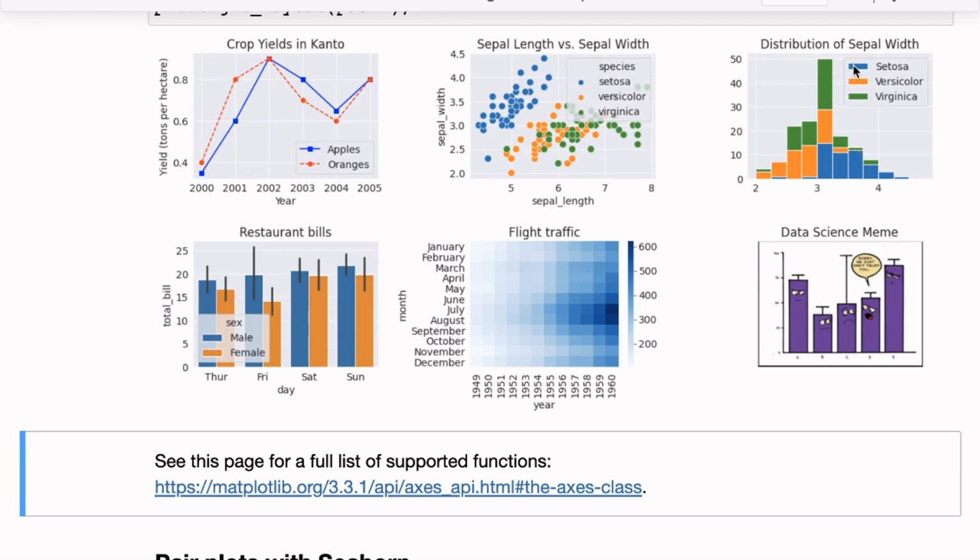And we saw that we can stack histograms for multiple species. So we did a filtering, we created a list of values for each species, and then we used different colors to plot them so that we can see the overall relationship as well as the relationship for individual species of flowers.